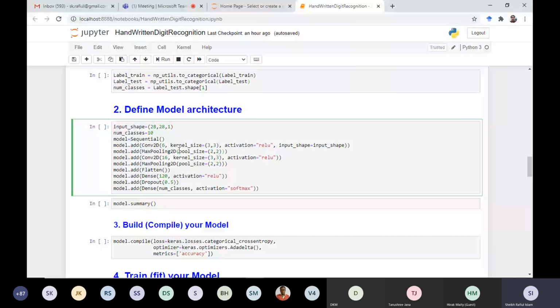Here you need to define the value of the variable pool size, that is 2 cross 2. And see, by default, the stride is 2. If you want to make any changes in the stride, you need to mention stride equal to that value after a comma here. So I think you also understand this one.